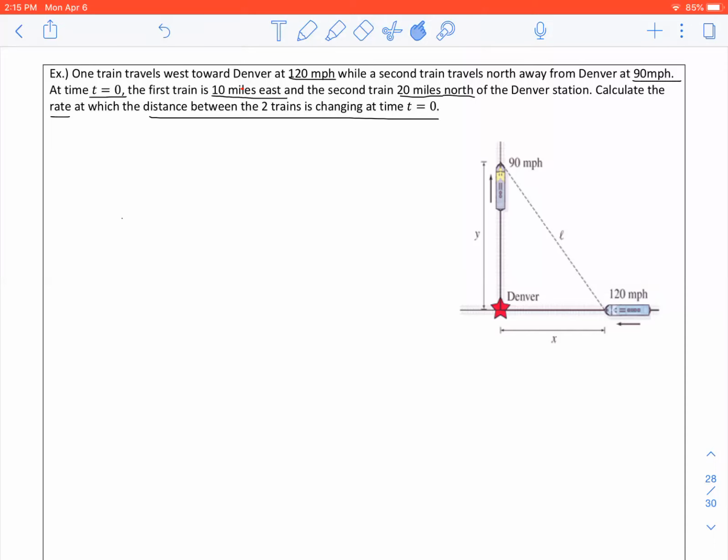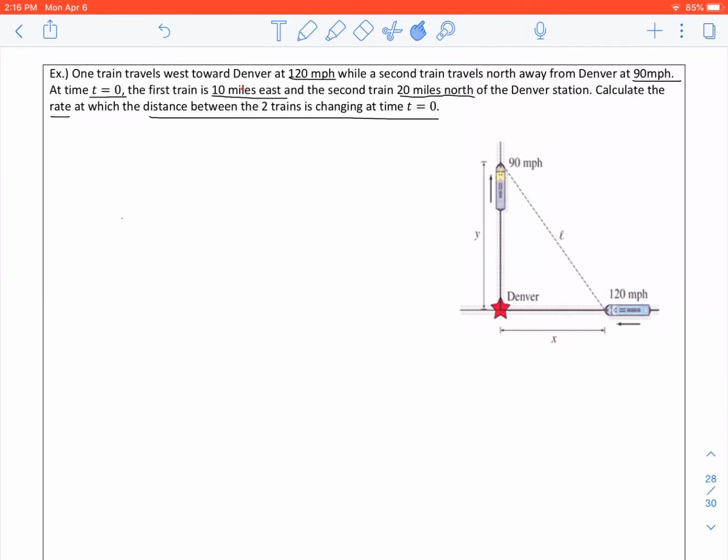Okay, we are in 3.9 on page 28. This example says one train travels west towards Denver at 120 miles per hour, while a second train travels north away from Denver at 90 miles per hour. At time t equals 0, the first train is 10 miles east and the second train is 20 miles north of Denver Station. Calculate the rate at which the distance between the two trains is changing at time t equals